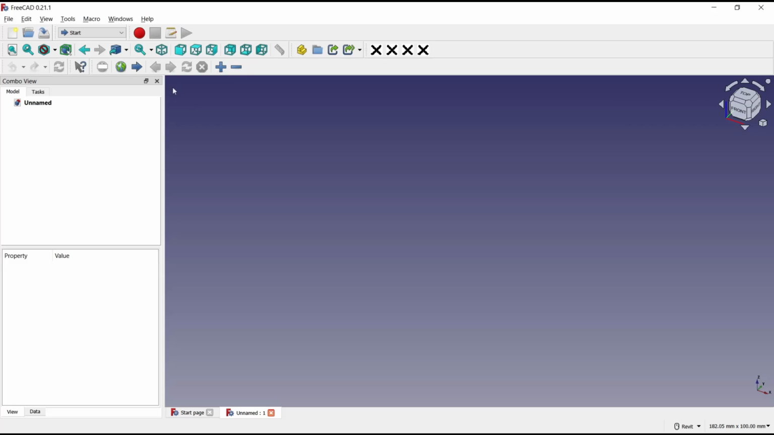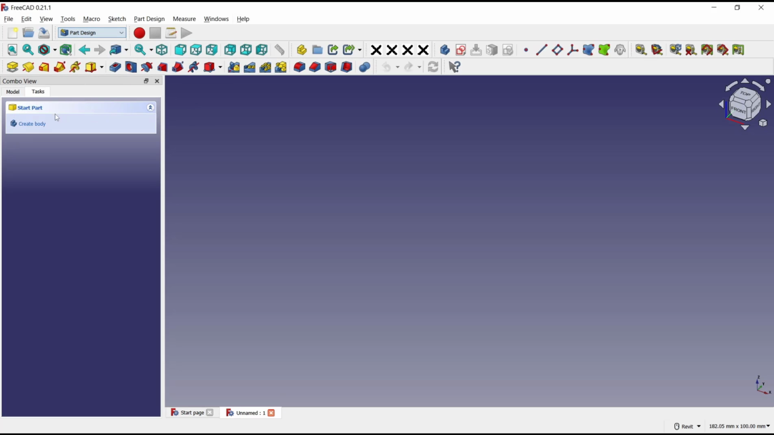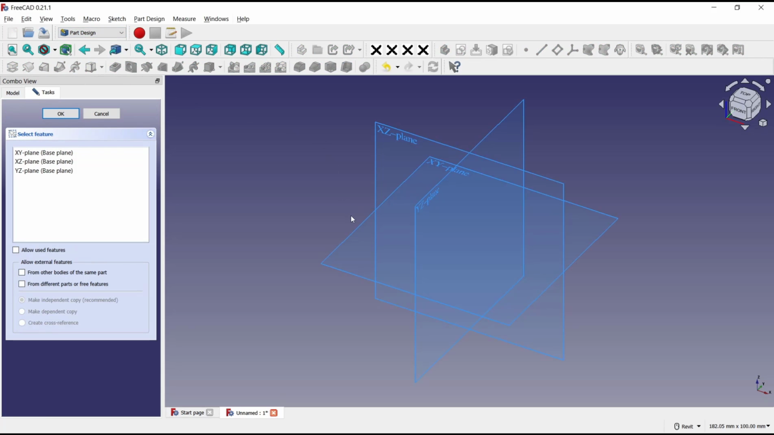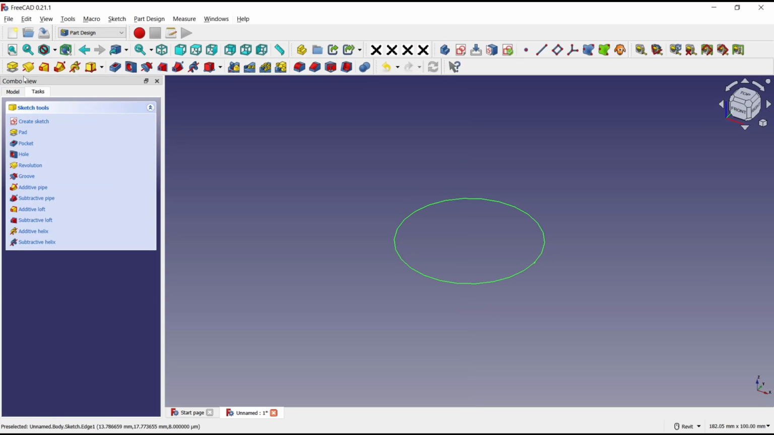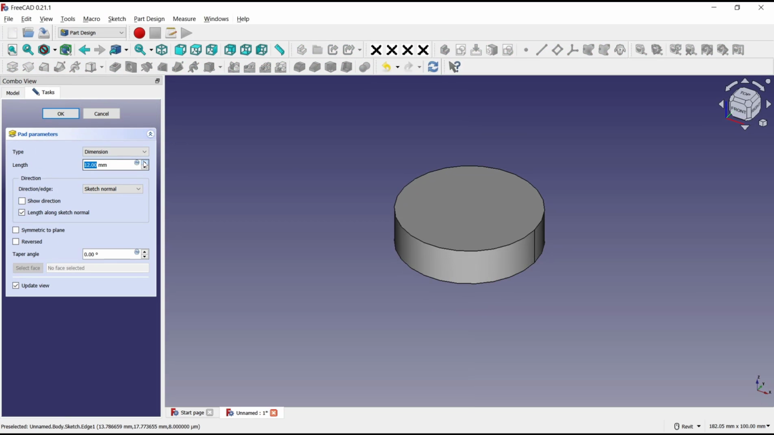Create a new drawing and I will change into Part Design. Click create body, create sketch. I will choose the top plane. Now, as an example, I will draw a circle in it and use the Pad tool to convert it into 3D. So you can increase the length